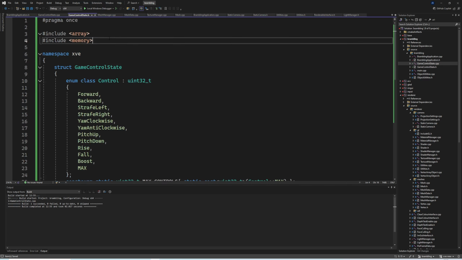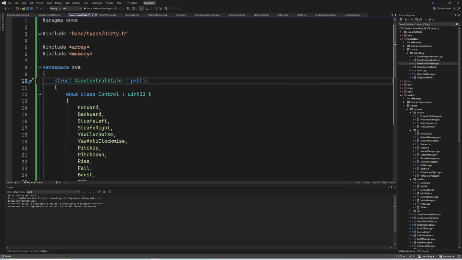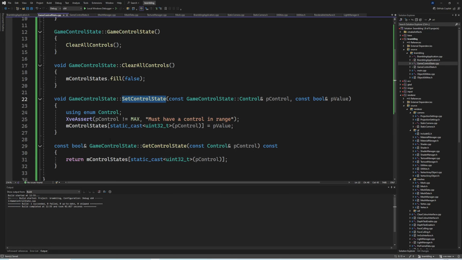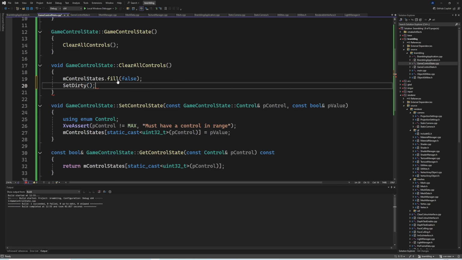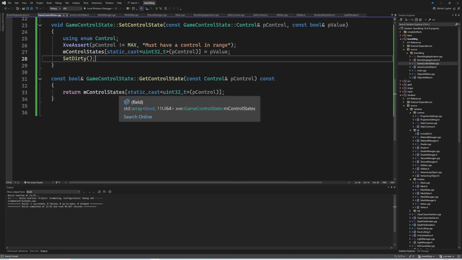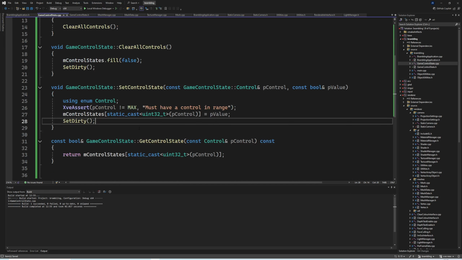So game control state can include dirty, and it can inherit from XVE base types dirty, and then the only thing that needs to be dirty is this one, so we will go m set dirty, and this thing here will set dirty as well, and only the things that when we're done with this at end of frame will this clear